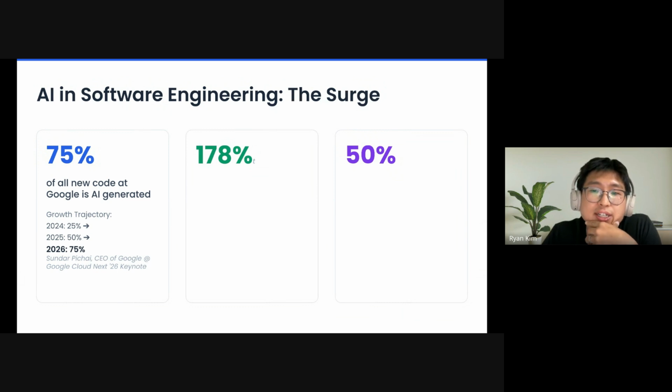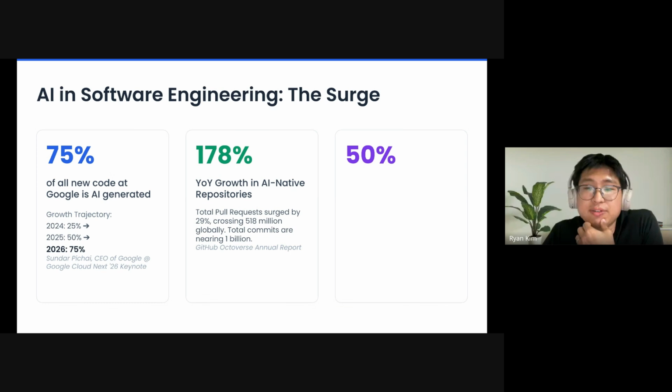So engineers are still in the loop. But here's the thing. In 2024, the number was 25%. Last year, it was 50%. Now in April 2026, it's 75%. So in 18 months, it's 3 times more. Engineers didn't drop out of the loop. The amount of code coming to them just tripled.